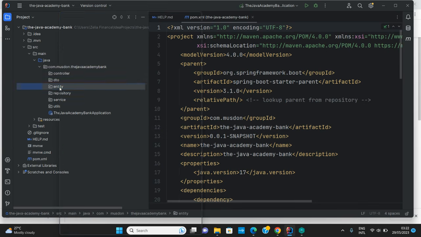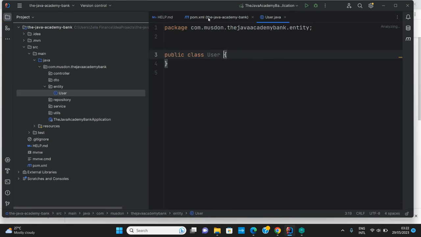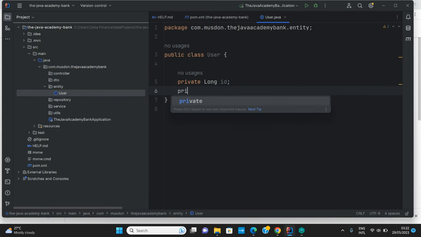Okay, so let's get started now with creating our first entity class. So I would call this guy bank, or let's call it user. So here our user is basically going to refer to our banking customers. So in here we are going to have a number of attributes that we expect a normal banking user should have. And then yeah, so the first attribute would be private long ID, and the next one would be private